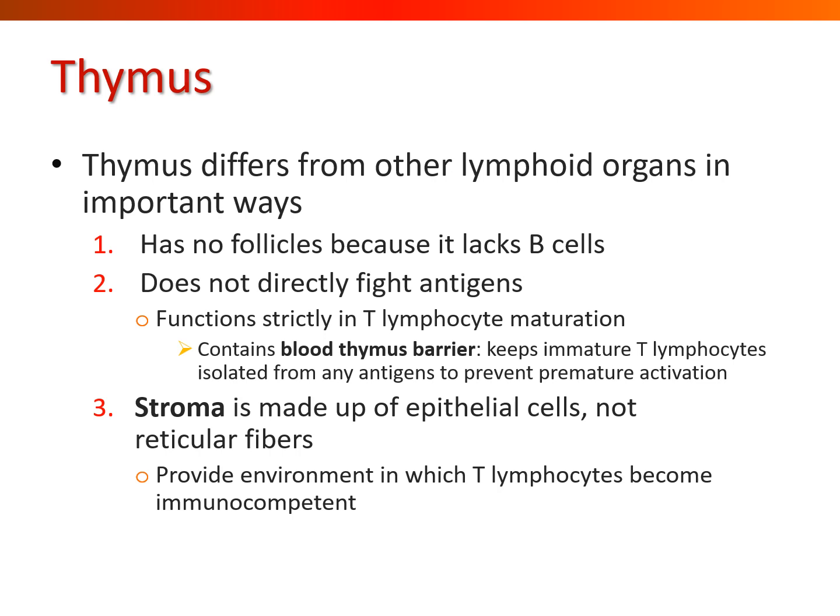It does not directly fight antigens, which is number 2 in our list of reasons why the thymus gland is different than what we would see elsewhere in the body. So its job is basically just to mature those lymphocytes, give them an education, and that's it. It doesn't launch an attack. It doesn't recognize pathogens itself. It's all about getting those T cells to the point where they can do that business for themselves. Now, because what is happening in the thymus is so important and at the same time possibly very deadly,